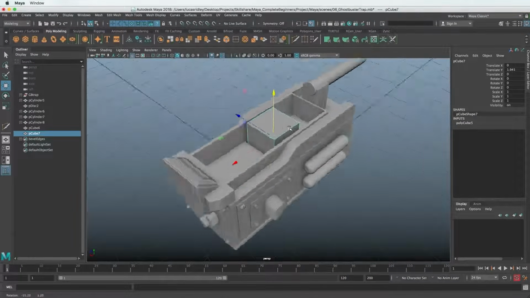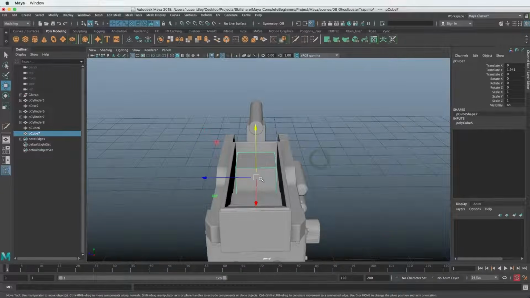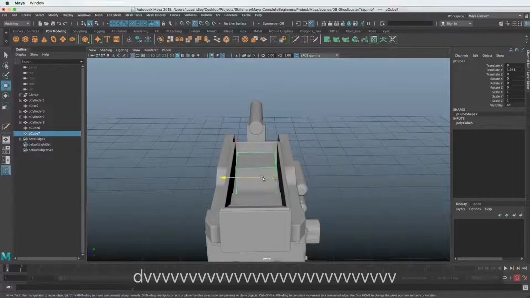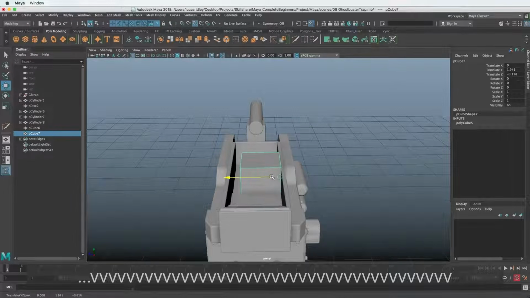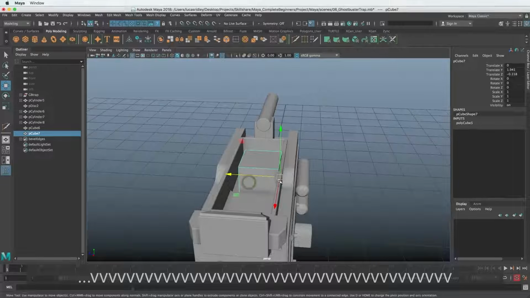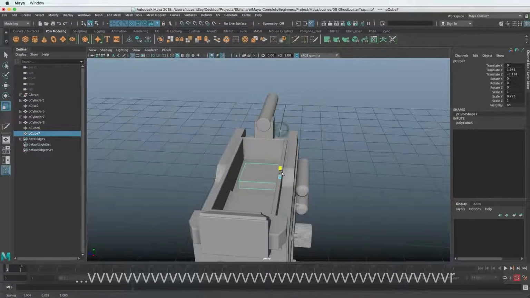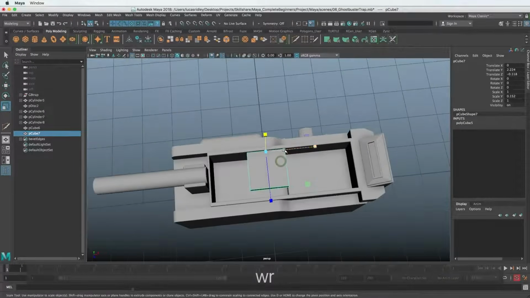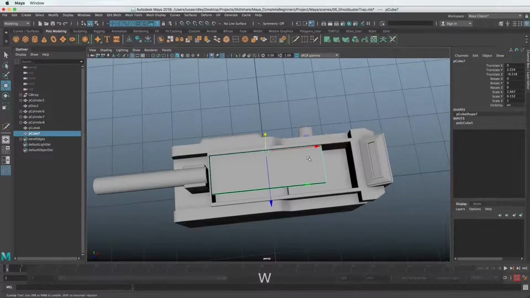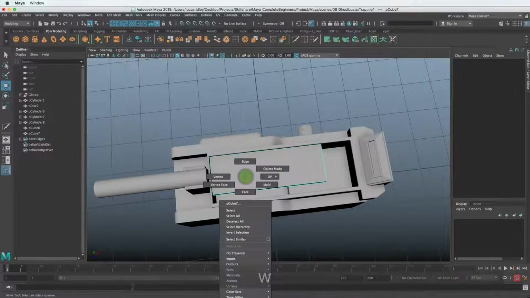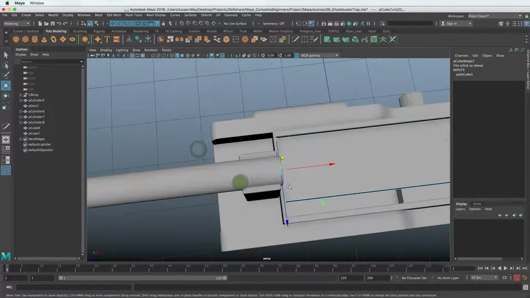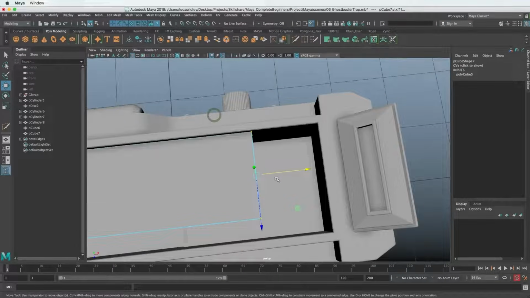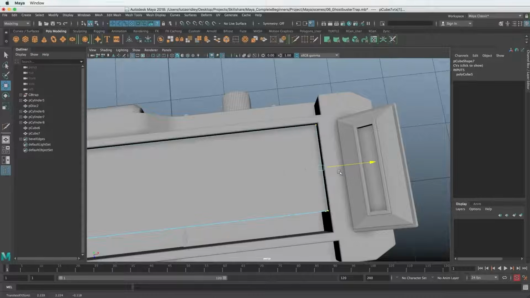So I'm going to drag this up, and I'm going to vertex snap this to one side, and then vertex snap this to the edge. And I held D and V to change the pivot, of course, and then I held V just to transform it to the side here, so that it will all scale from this point. And again, I can use the vertex snapping here, or I can just kind of eyeball it, because anything mechanical is going to have a gap there, so it does not exactly rub up against things.